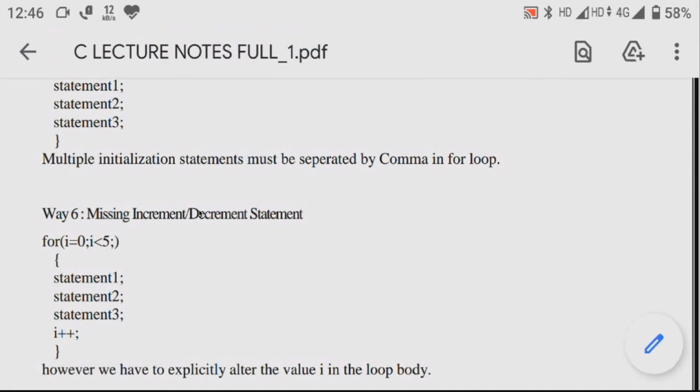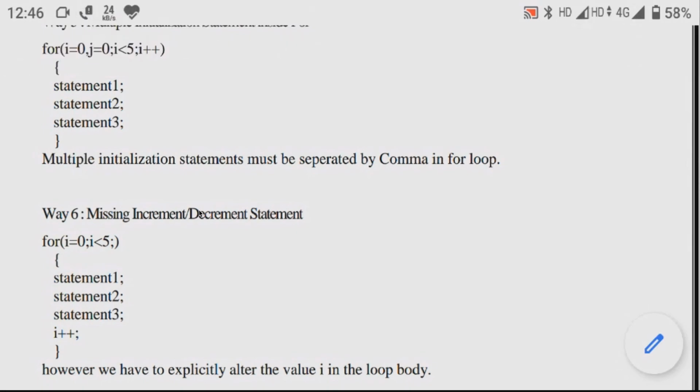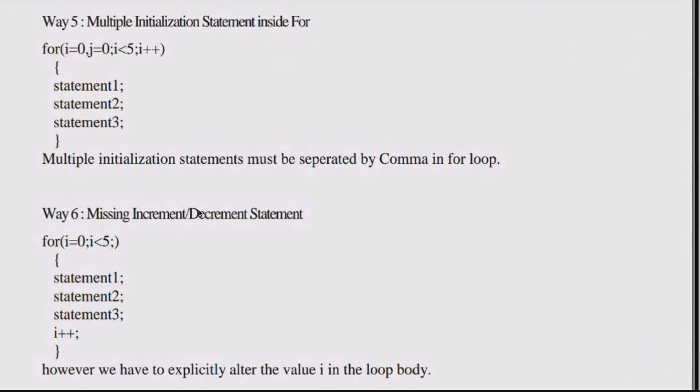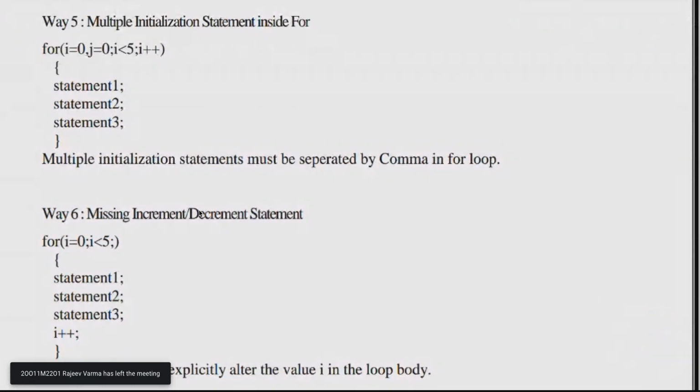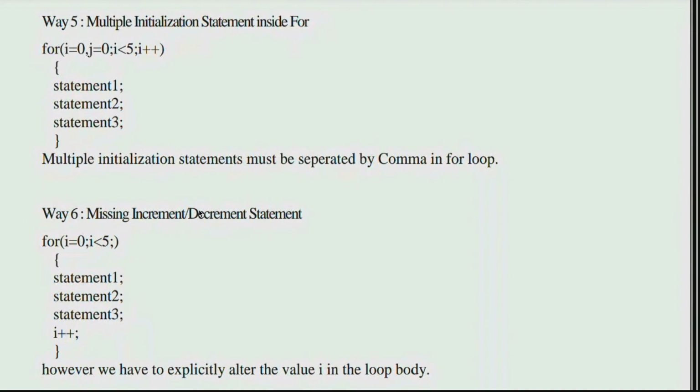So if you put a semicolon, there the matter ends. After that, it will go to the next part, the condition: i less than 5, comma, j less than 5, comma, k less than 5. You can write it like this. But after putting the semicolon, you should stop that part. Then again i plus plus, like that. So multiple initialization statements must be separated by commas only, not semicolons. Remember these things when you write the code. So i equals 0, comma. You should not write a semicolon.